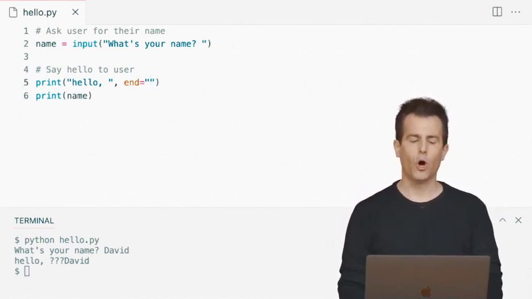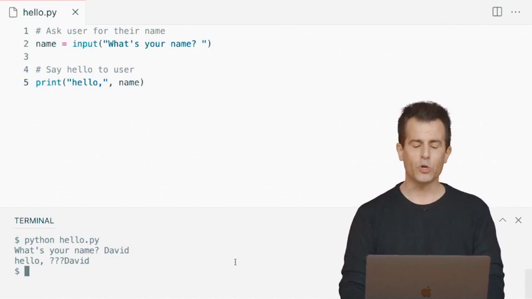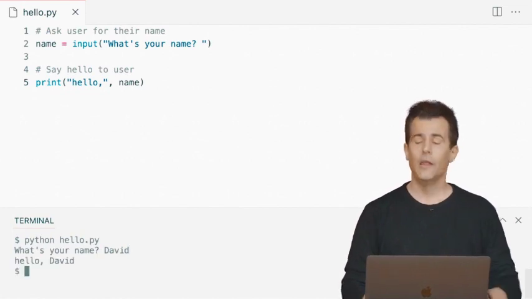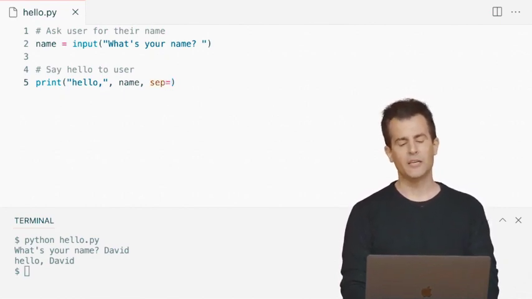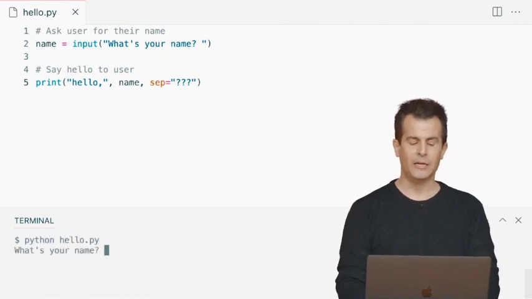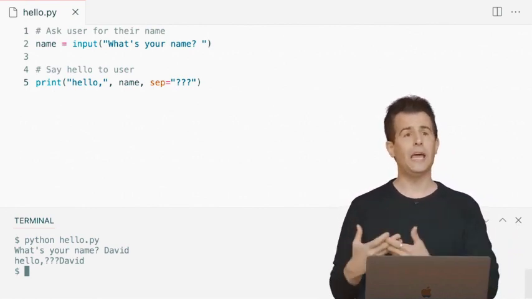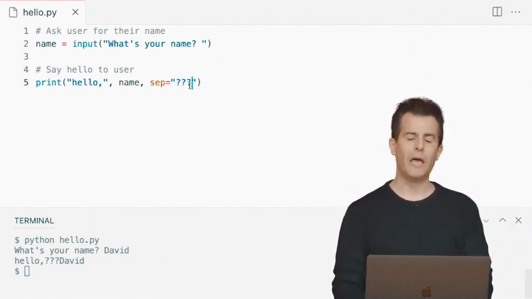And let me rewind further. Recall that in our other version of this, when I passed in hello, comma, and name, they were separated by a single space. So python of hello.py, DAVID, enter. That just worked. Well, what if we override the value of sep for separator? Instead of being 1 space, we could say something like question mark, question mark, question mark, just to wrap our minds around what's going on there. Let me now do python of hello.py, david, enter, and you see these two inputs, hello, comma, and the name are now separated in an ugly way by 3 question marks because I've overridden the default behavior of sep.